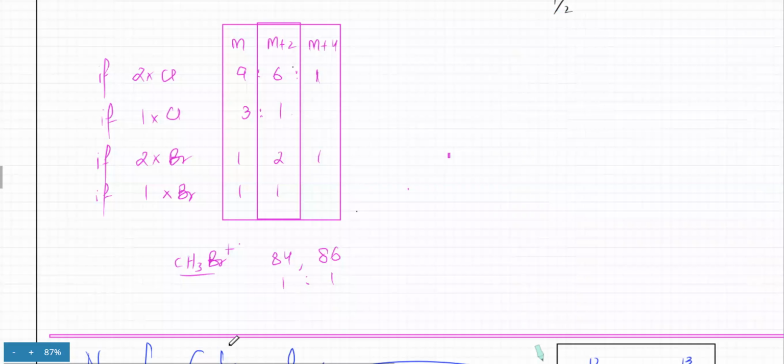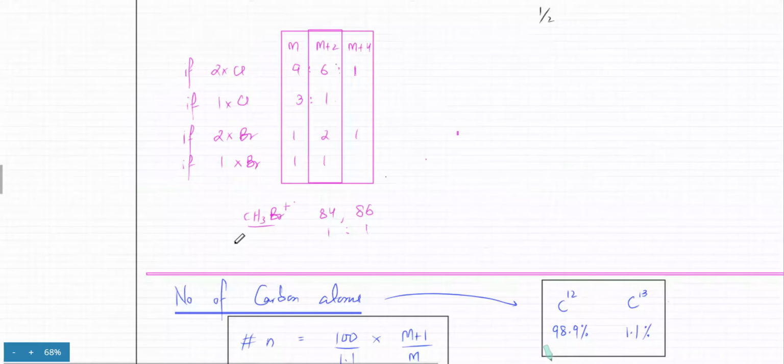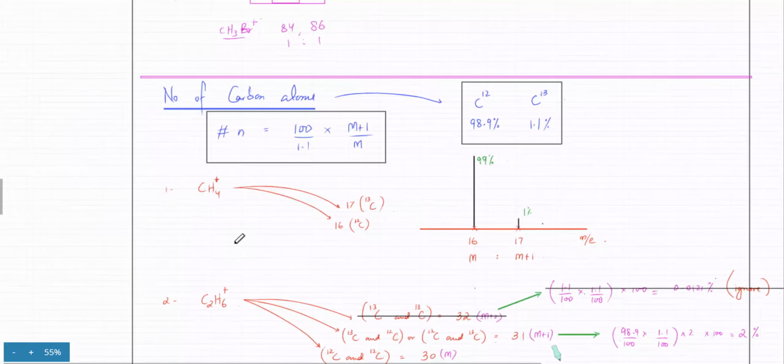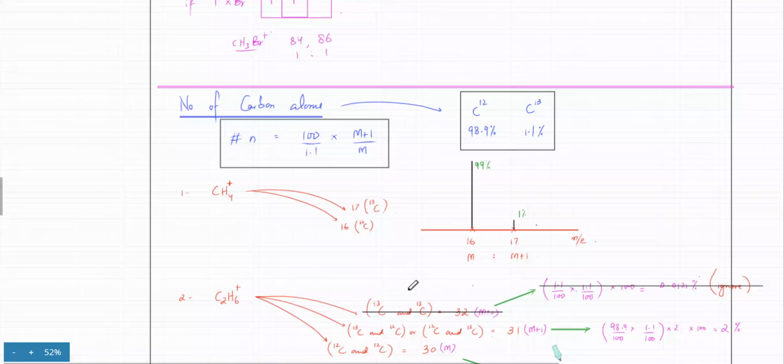Okay, sometimes this molecule would have a mass of 84. Sometimes it's going to have a mass of 86. There would be two different particles having the same formula, because Br has two isotopes. So which is why you were getting different probabilities for different peaks. Okay, carbon isotopes, although they're not very abundant.